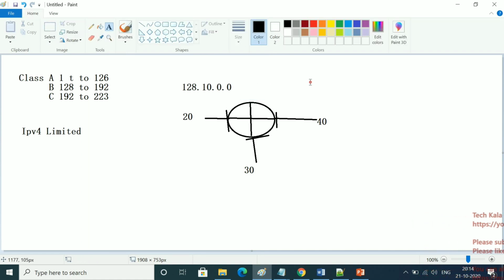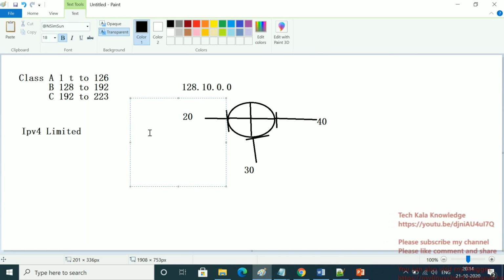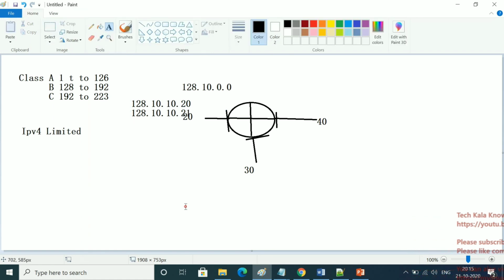We purchased this network, and we have 20 servers, so we assign IPs to them, like 128.10.10.20, then 128.10.10.21, for example. Like this we assign the IPs for these 20 servers.